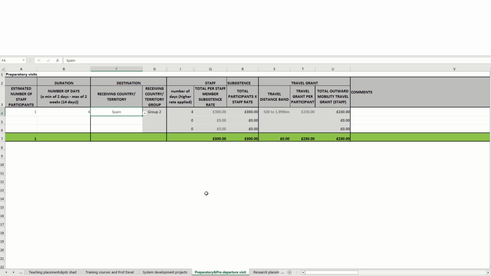So finally, for this example, we need to consider the reciprocal visit. TIFE funding allows for up to 30% of the total amount you've requested for outward mobilities to support inward mobilities. So it is worth noting that for any reciprocal exchanges with equal numbers of participants on each side, the remaining funding not covered by the 30% from TIFE would need to be sought from an alternative source. So I'll click onto that tab now.